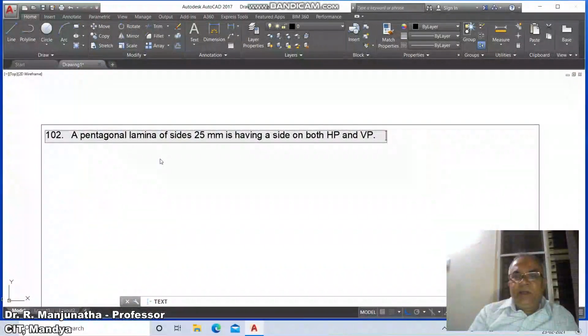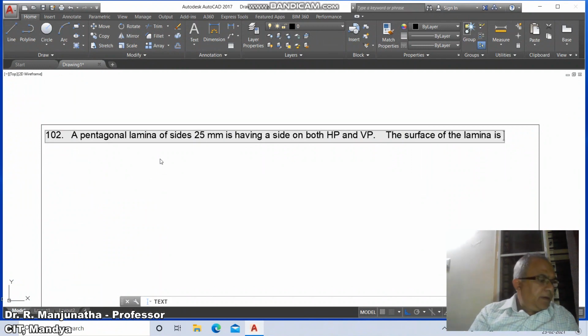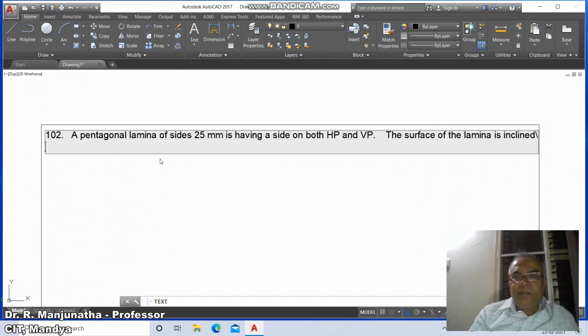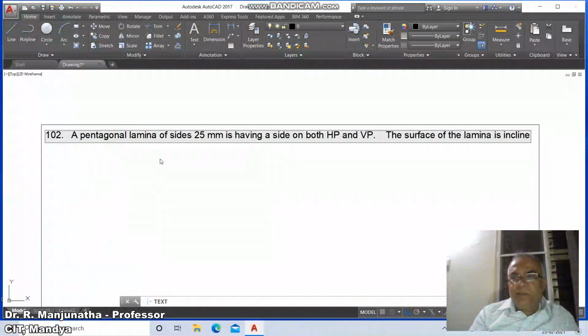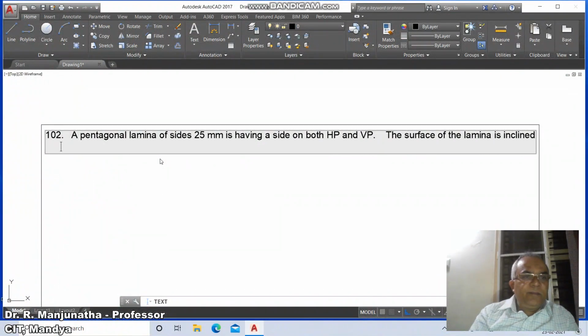First, the surface of the lamina is inclined at an angle of 60 degree with HP. Draw the top and front views of the lamina.